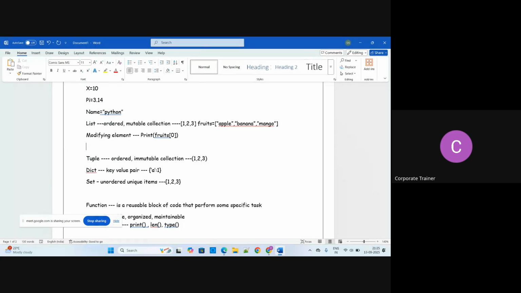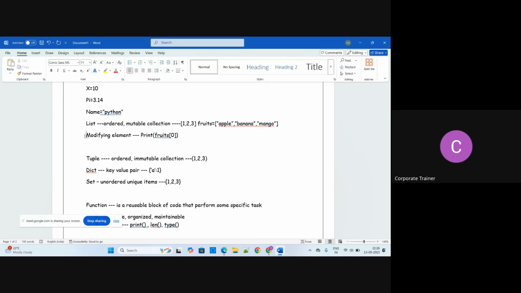But if I want to do some extra things, what can we do to make it more interesting? Remember some list functions whenever you are working with it.